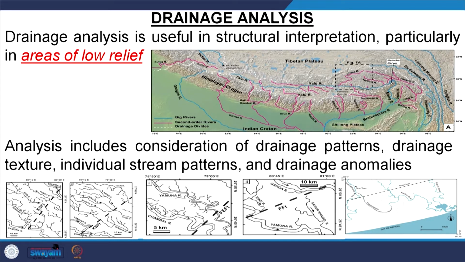This drainage anomaly has been successfully used in recent days in deciphering active and dormant structures buried inside these alluvial plains. Though there are few anomalies, those found along a straight line or along a zone are very useful in deciphering tectonic activity, particularly in the Ganga plains, and how this drainage anomaly has been used to decipher active faults. There are a number of publications that came out very recently.